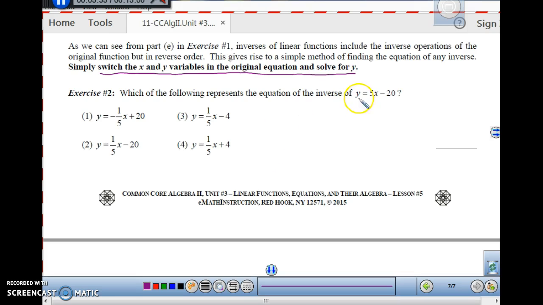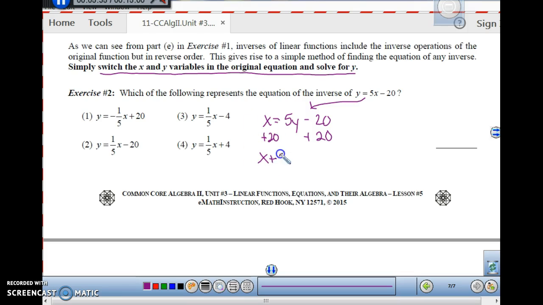If we have the equation y equals 5x minus 20 and we want to find its inverse, what I do is I switch the x and y. So y equals 5x minus 20 becomes x equals 5y minus 20, because with an inverse you switch the x and y. All right, now this doesn't look like any of these, does it? No. Let's solve it for y equals mx plus b form. So if I add my 20 here,